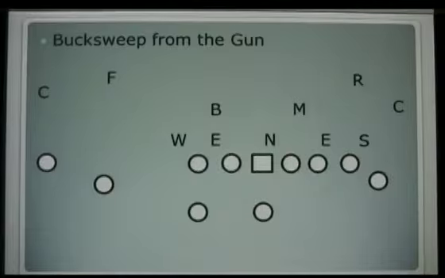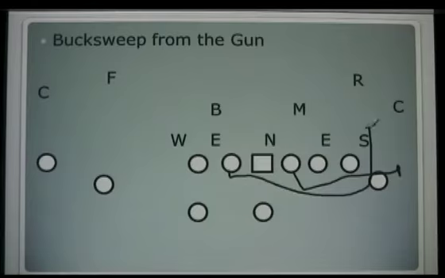I want to talk real quick about how we align. We always have a strong guard, strong tackle, quick guard, quick tackle. The reason we do that is to maximize our reps in practice. When we're running our buck sweep, our strong guard is always the kick out guy. Our quick guard is usually the wraparound guy. So by doing this, it's twofold. We can